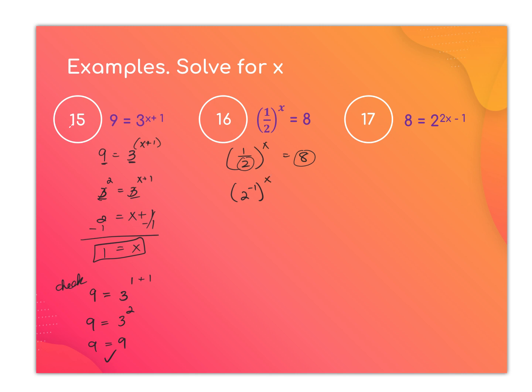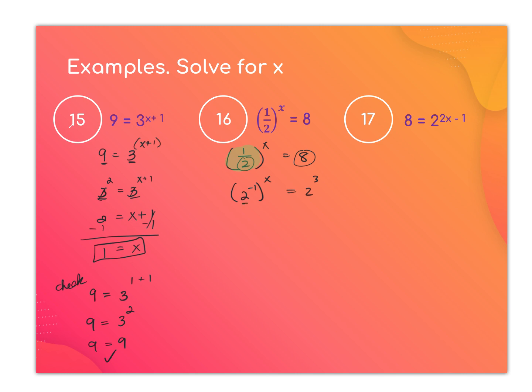So I'm basically rewriting what's inside of this parentheses here, and I'm rewriting 1 over 2 as 2 to the negative 1 power. And then on the other side, I know 8 is 2 to the third power. Now, before I can do my one-to-one property and figure out my exponents, what I have to do is get my